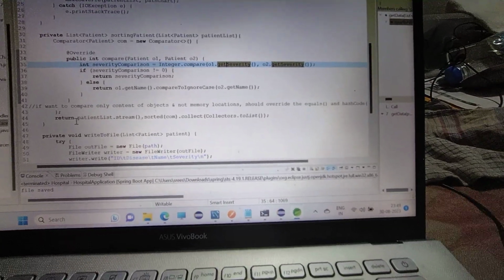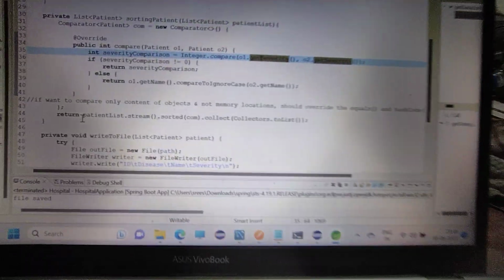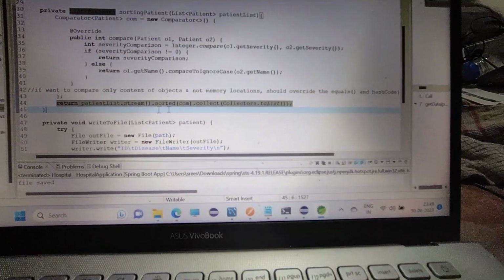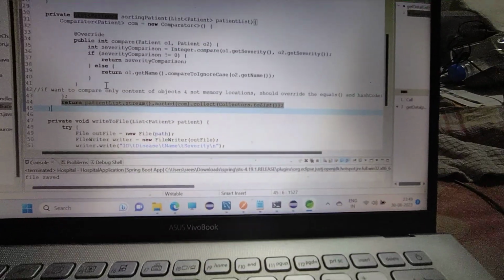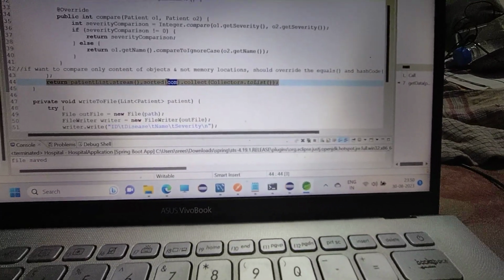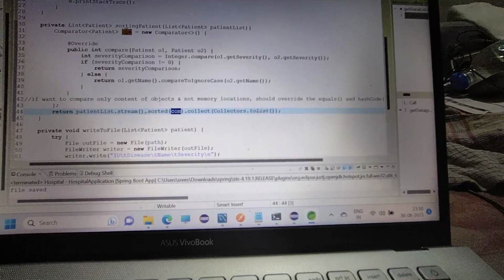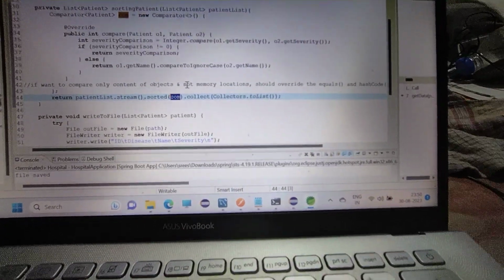To return that value, I am using the Java 8 stream method. It takes the patient list as a stream and sorts it. This sort method again takes the custom comparator logic which has been defined here, and it collects to a list